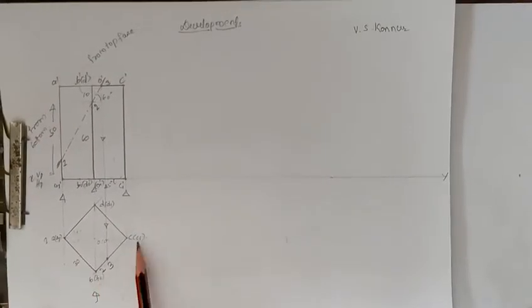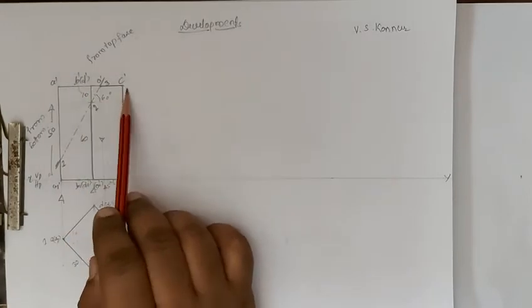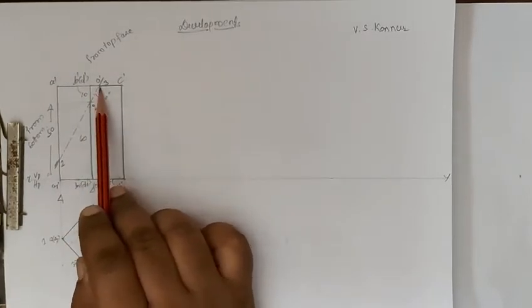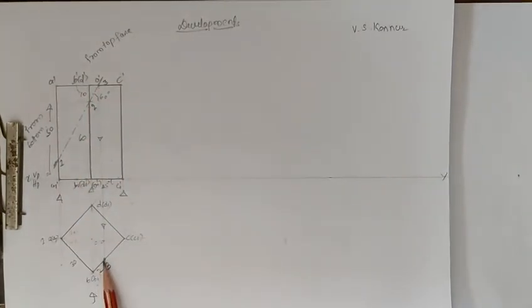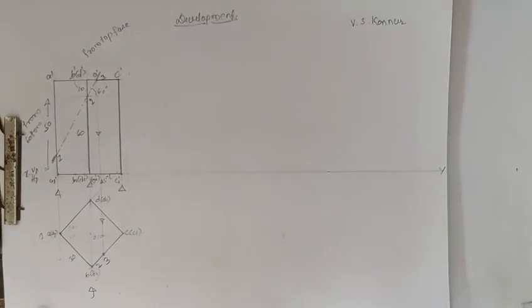BB1, there is a cut, I have marked at 2. Next, B to C. B1 to C1, there is no cut, leave, but there is a cut on B to C, so we'll mark 3, and from that point I have drawn a line till it intersects the top face. Next, go for CC1. CC1, there is no cut, leave as it is.